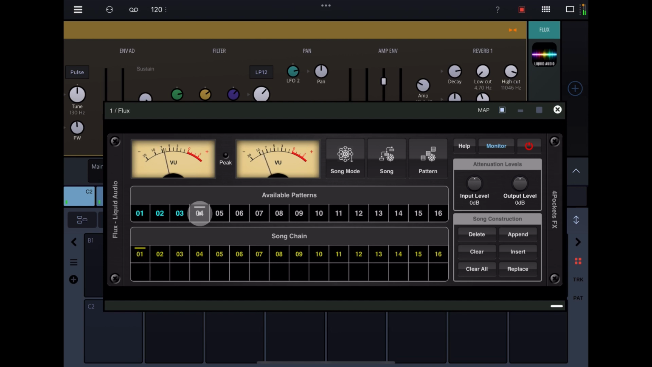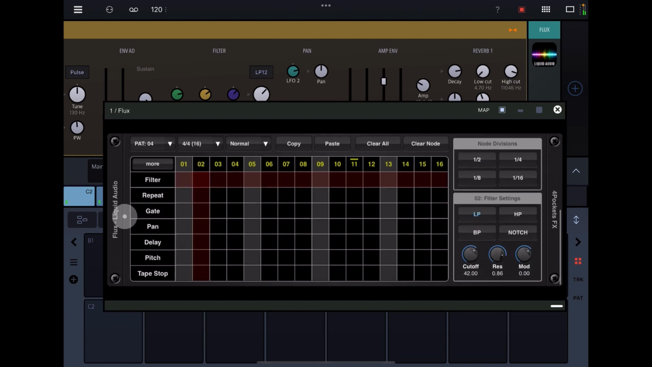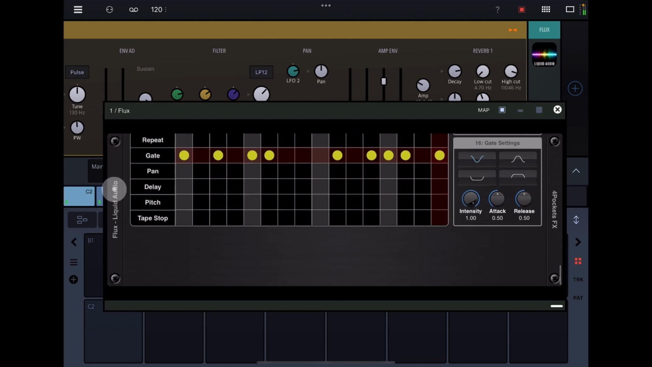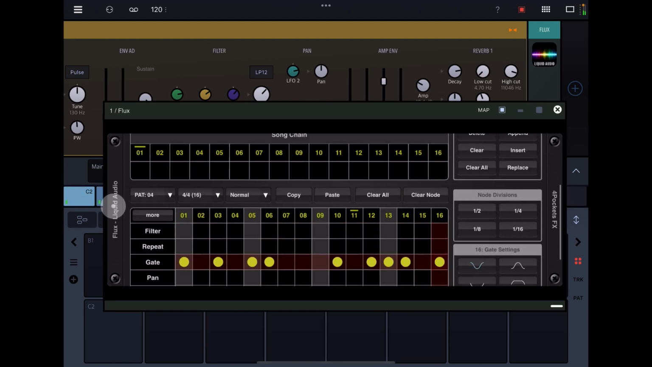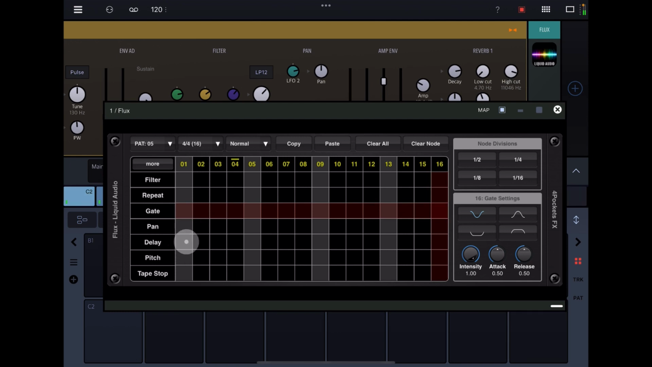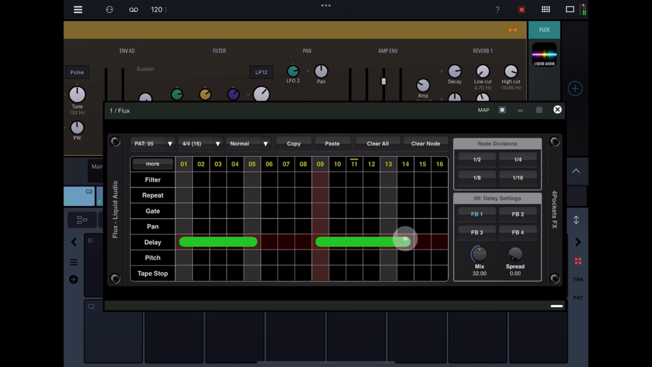Let's go to pattern 4. Cool. That'll do for pattern 4. I think that sounds nice. Let's go to maybe pattern 5. Try some delay. Okay, so